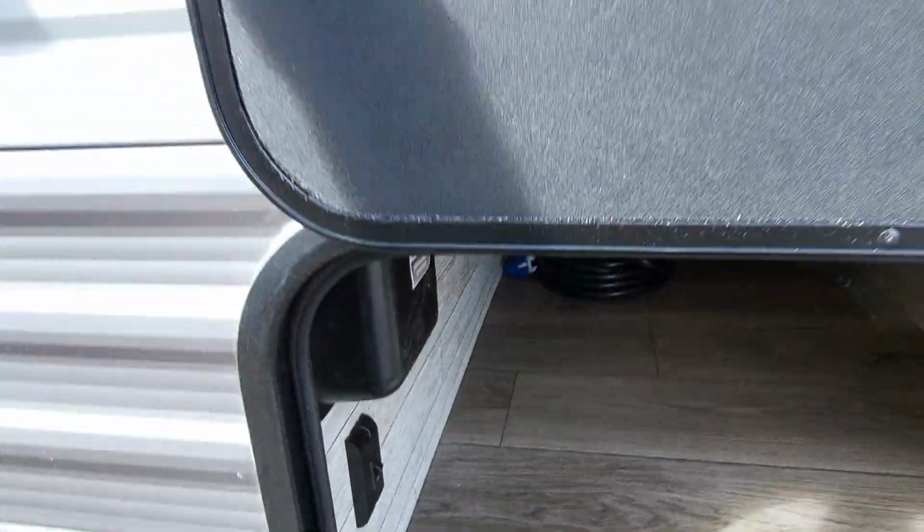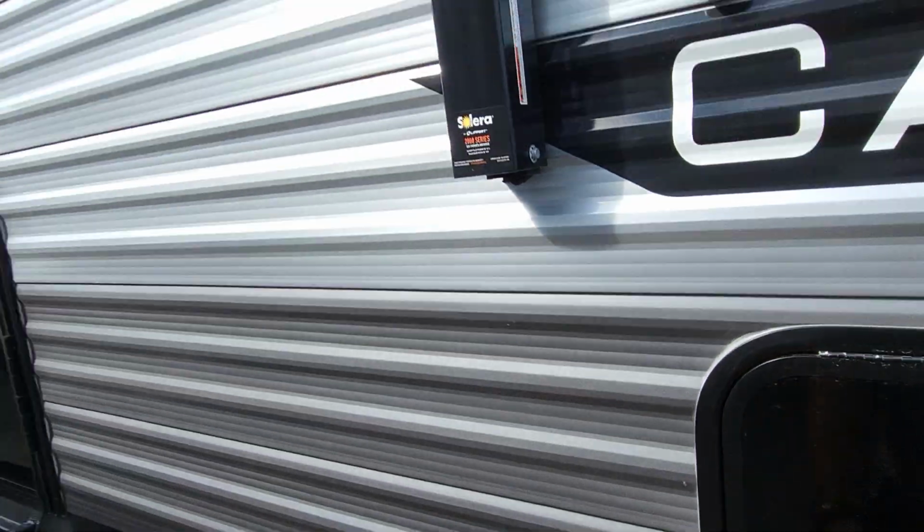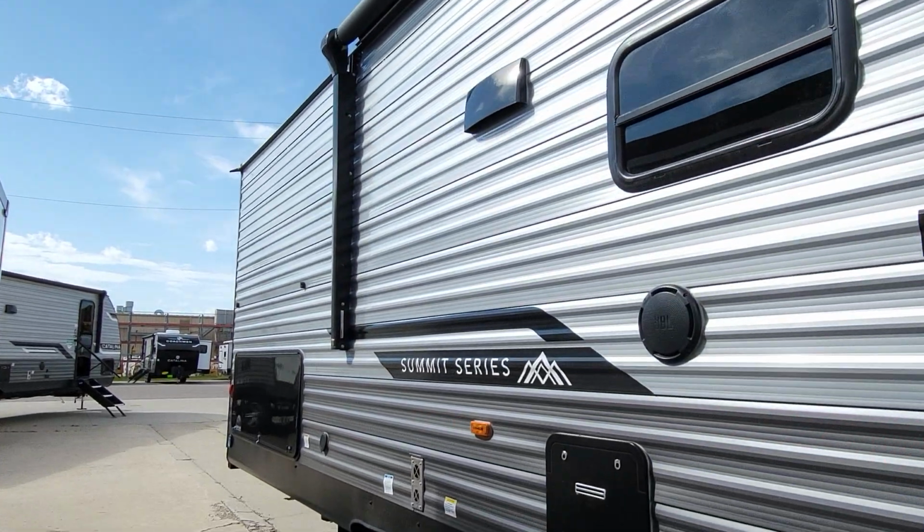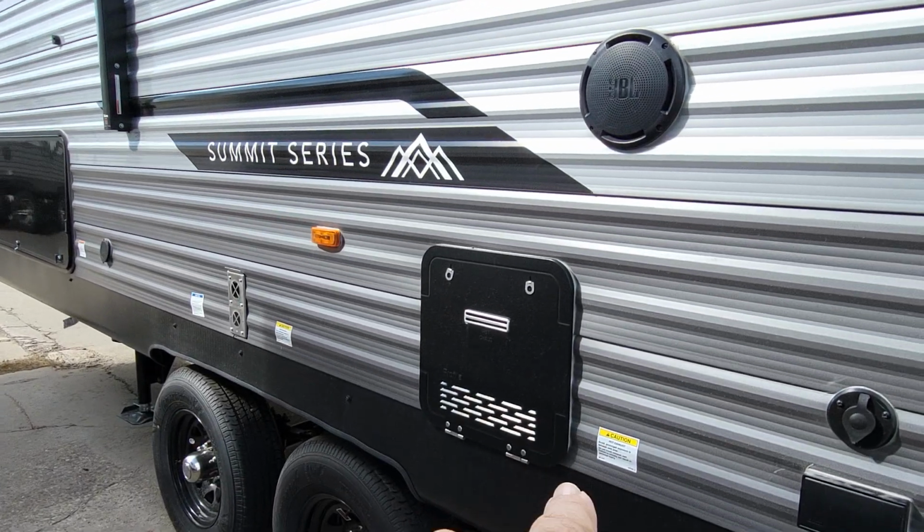And a 30 amp service. So there's your cord inside there. Nice big awning with colored LED lights, which is cool. You can flash them, change the colors. And then new this year also,